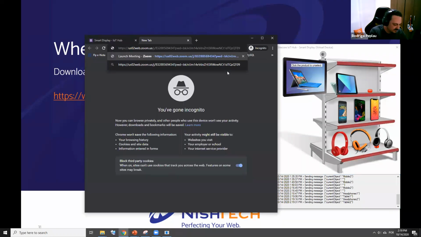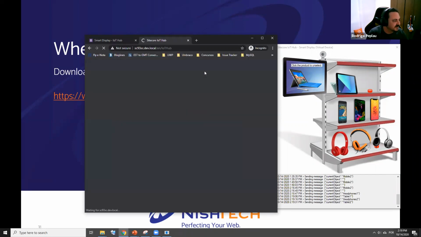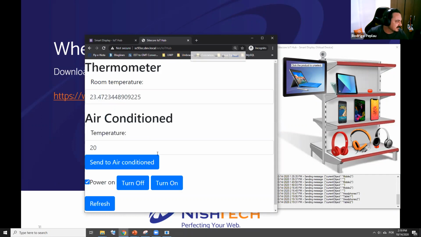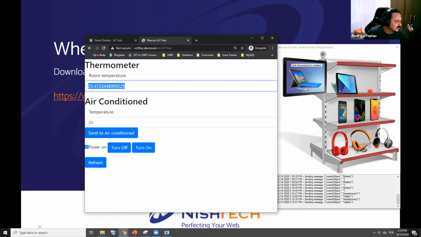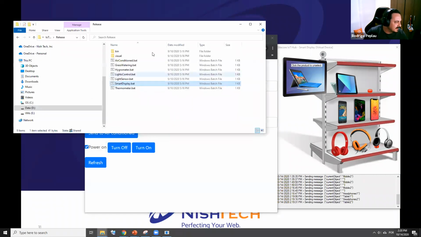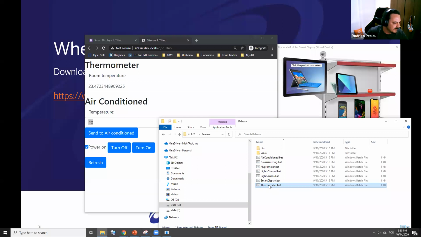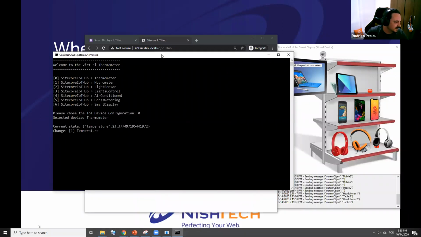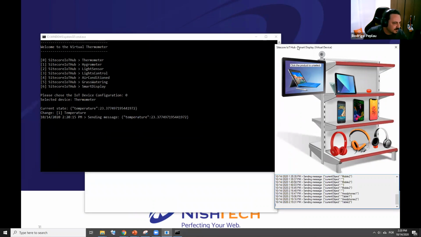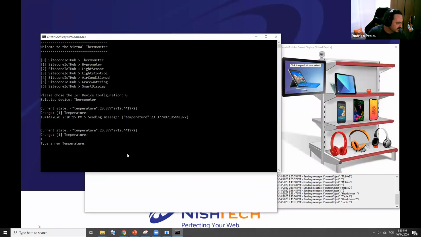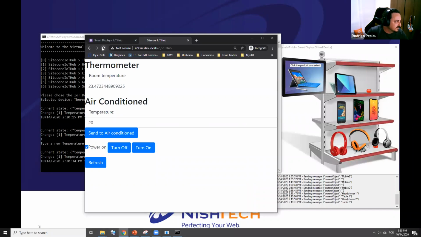Some demo content also comes as part of the module. So if you install the module tomorrow, you will have this content as well. Here is a forms example. I'm taking the room temperature from the thermometer and the air condition temperature from here, and I will just open here one thermometer. It's a virtual object, like I said. Command prompt in this case, it's not visual like the smart display. But I'm passing here 23 degrees. I will update the temperature of the thermometer to like 35. So if I refresh here,